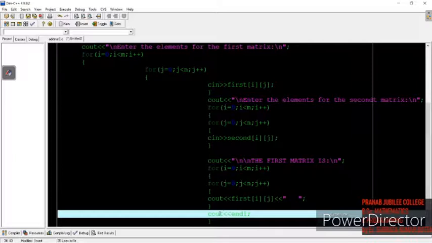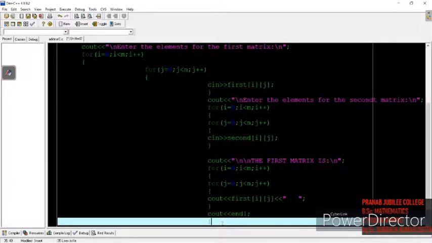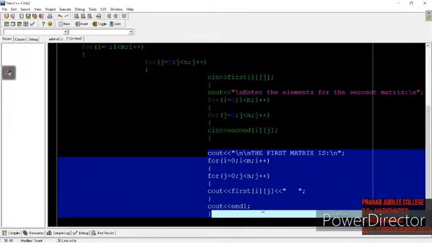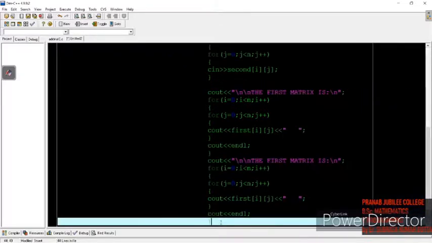Then it changes to the next line. Similarly we'll write the same code for the second matrix.